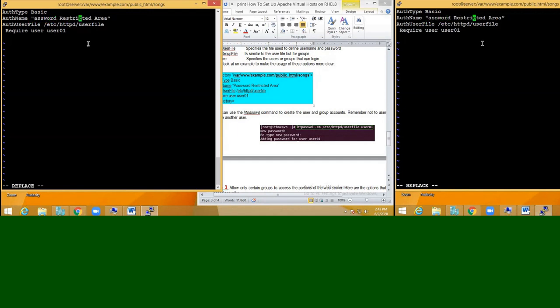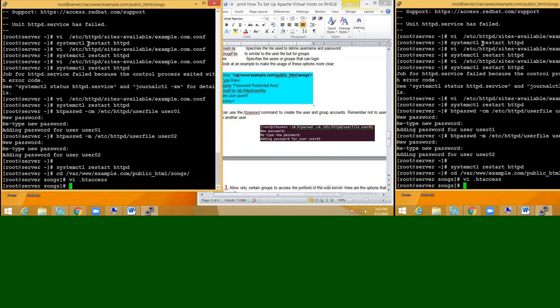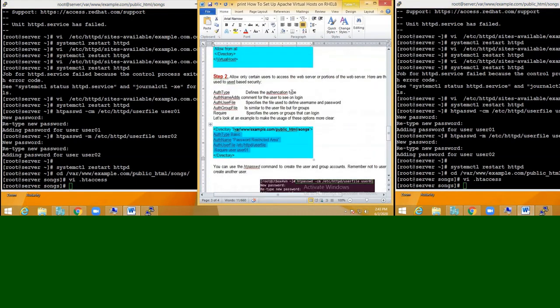When you are copying and pasting, the double quote looks different, so change it. And in the script I'll give user2 this time, user2. Save it. So I have created .htaccess, but in the meantime we have to go to the original file.